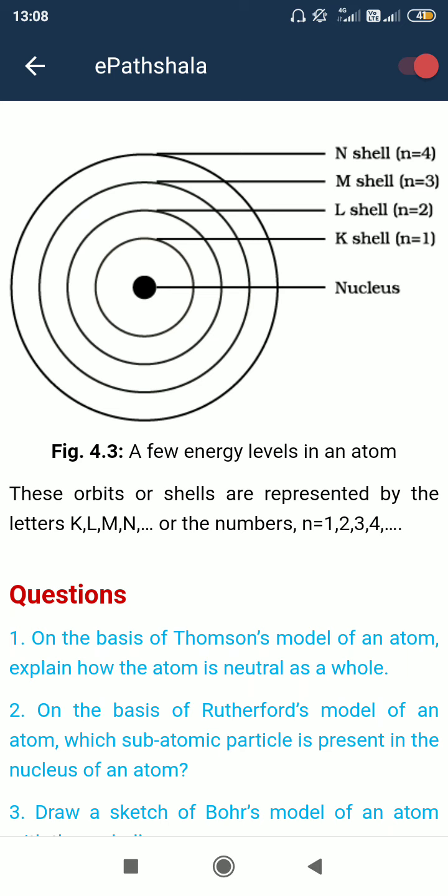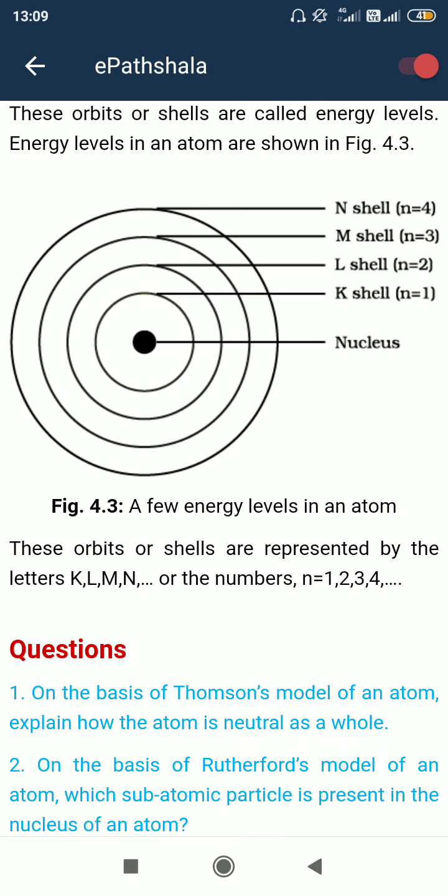Okay, so let us see here. The orbits may be K, L, M, N, O, P, like this. How is the name done? K, L, M, N, small n, this is the principal quantum number. The principal quantum number denotes the orbit name. When the principal quantum number n is equal to 1, it is the K shell or K orbit. When small n is equal to 2, it is the L shell or L orbit. Likewise it goes.